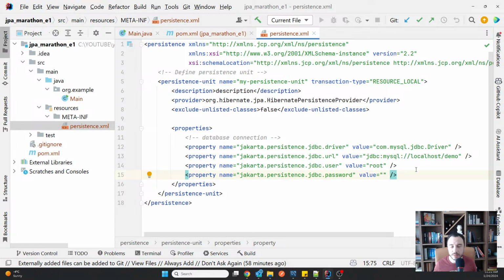So that's the minimum, but of course you can use various other properties. For example, you can instruct Hibernate to create your schema directly from the code, which is something I will teach you never to do in a real world app, but it's very handy for demonstrations, examples and tutorials, because it saves time. You usually want to avoid having to write the DDL scripts yourself.